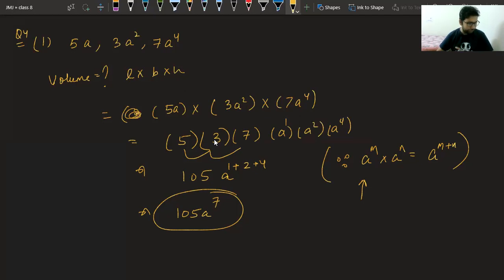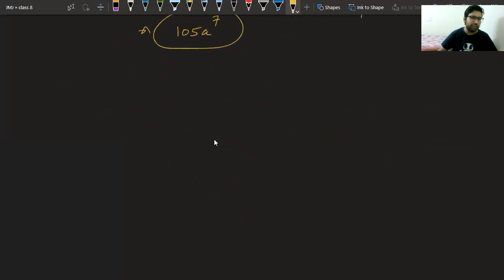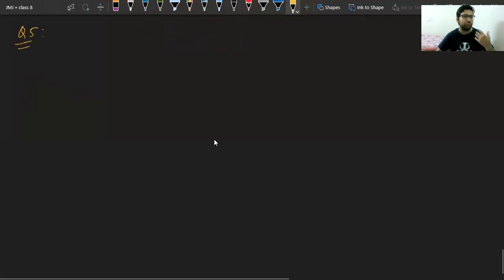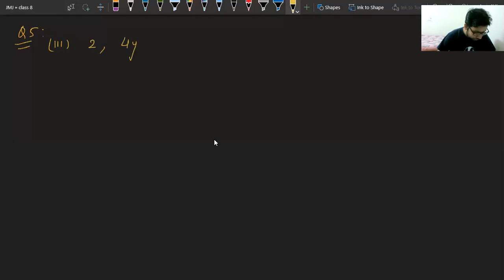Now there is question number 5. And let me tell you one thing, you all are ready for the next exercise also. I gave you enough concepts so that you can solve the next one very easily. Now in this question number 5, I'm giving you an example. Third part. Find the product of 2, 4y, 8y square, 16y cube. Please find this answer. It's very easy. All are monomials.